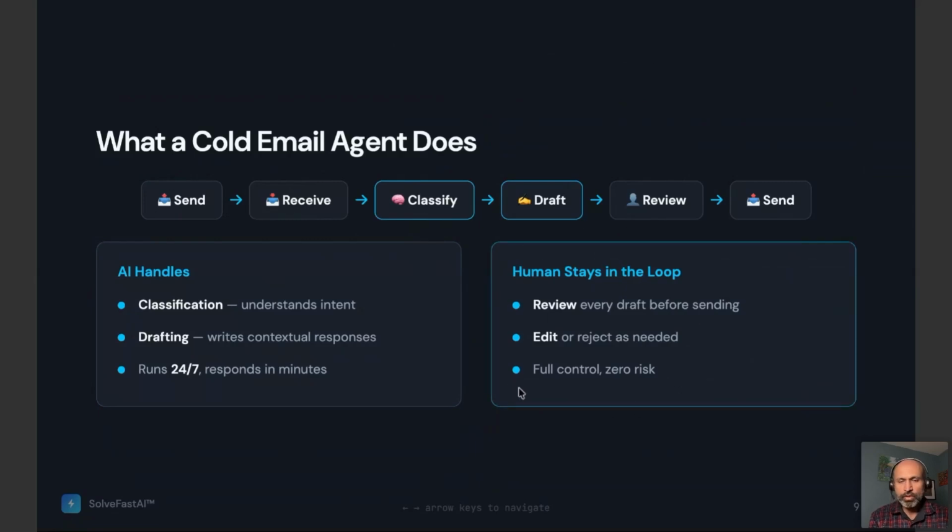So the advantage of this system is we always keep the human in the loop. With AI agents, one of the key things, if you've not done this before, is to always make sure that some form of governance is built into the system. So you don't want the AI agent to